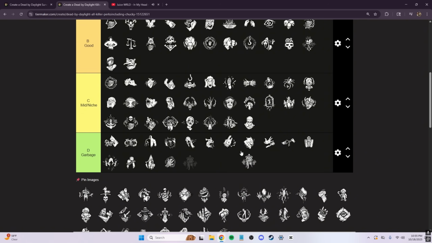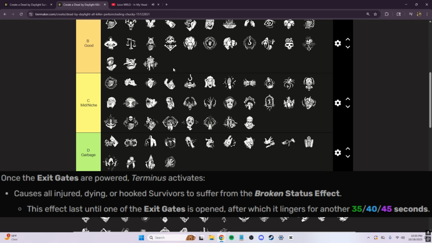Terminus, really good end game perk. I'm gonna put it in B tier because pair this with No Way Out, and if you're a killer like Legion or you're just getting a good amount of hits, you're